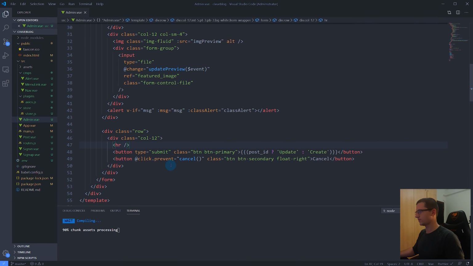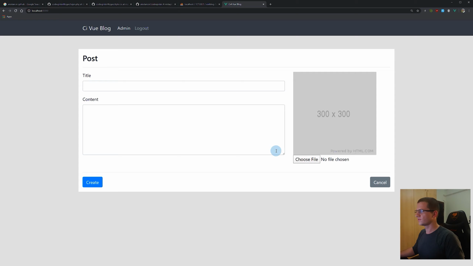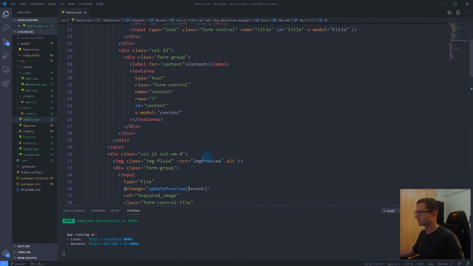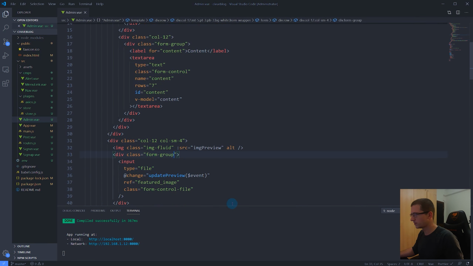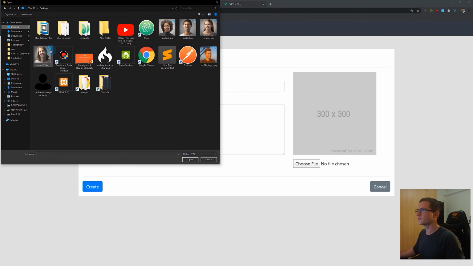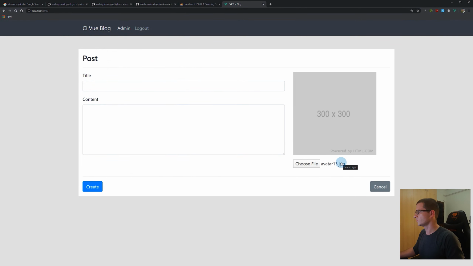So now, okay, let's just give this choose file some clearance on the top. So form group, margin top 3. Okay, so this looks better. And let me check just if it does what I wanted to do. It does not. So okay, we will see this. For now,